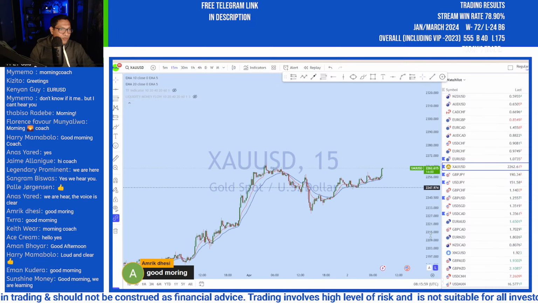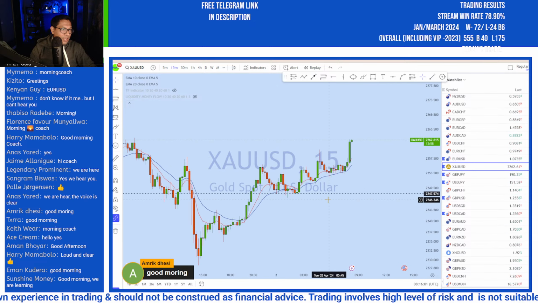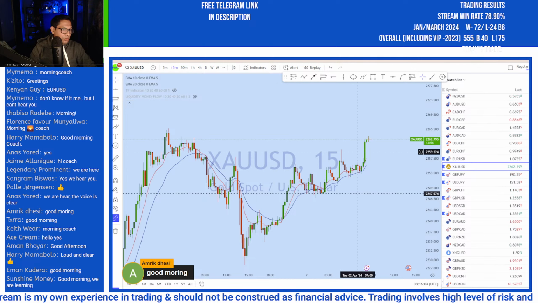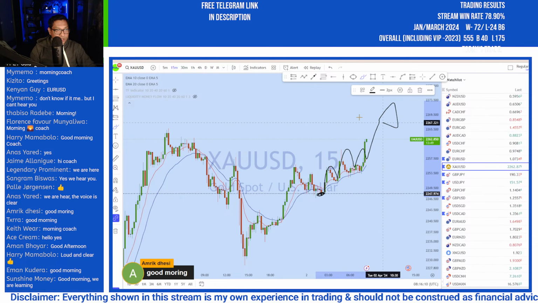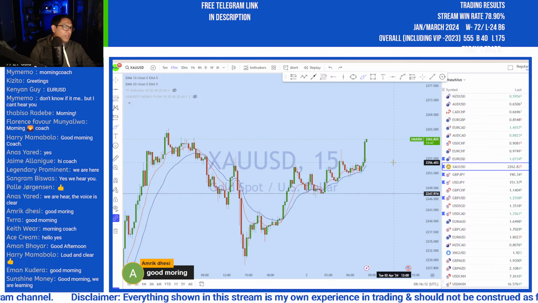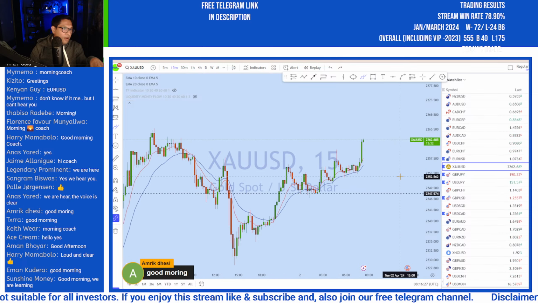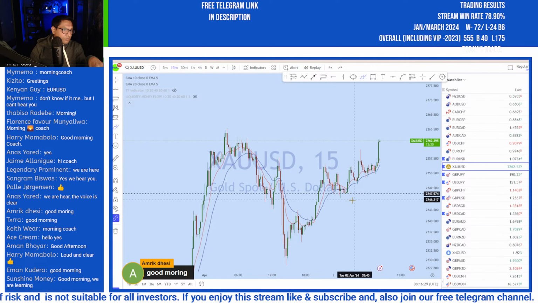Now if I look at the 15-minute chart, this is a very important level of support. Multiple times the price has grabbed liquidity. If you are not sure about liquidity, you can let me know, I'll be discussing that topic in depth. As you know, the price moves from liquidity to liquidity, so when you know exactly when the price is gathering that liquidity, it becomes much easier for you to find the proper entry.